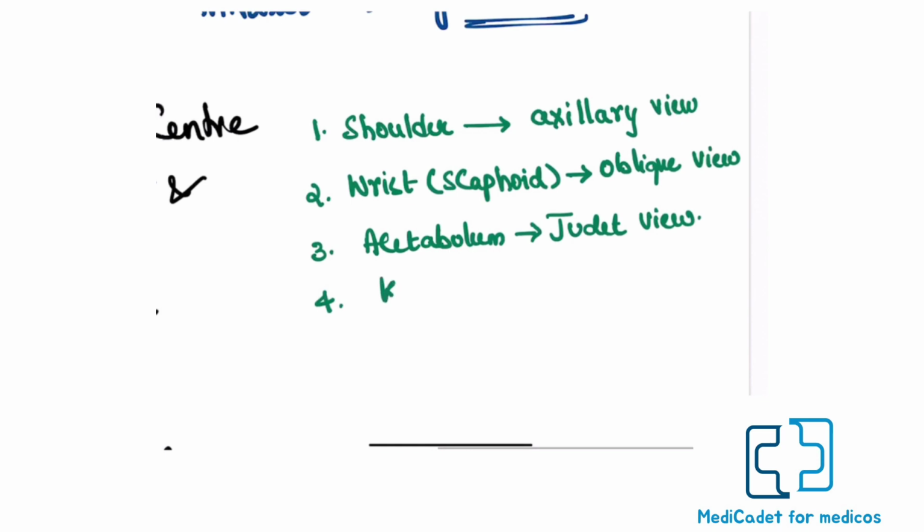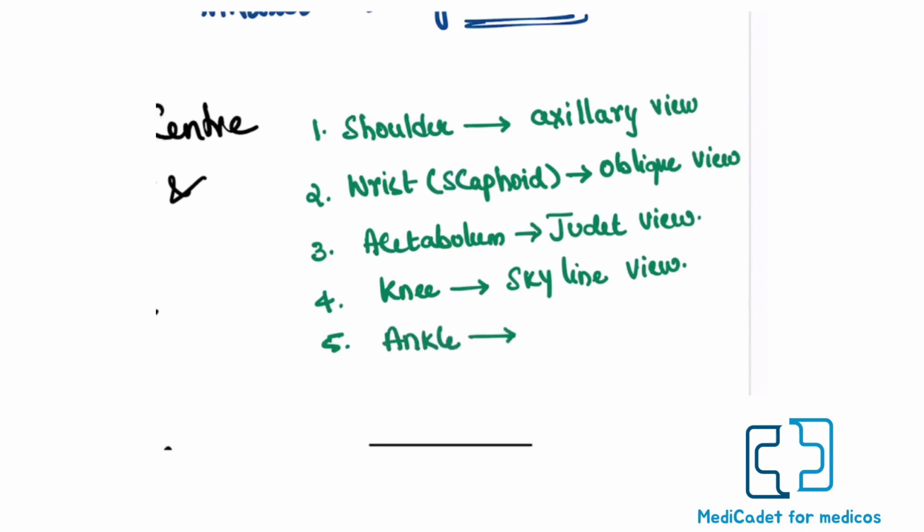And then coming to your knee joint, to see your patellofemoral joint, you go for a view which is called the skyline view. Here you flex the knee and take the X-ray from above. So here you get the patella and the femur. The patellofemoral joint can be commented upon based on this skyline view, right? And then coming to the ankle,